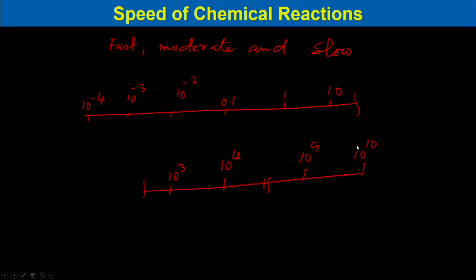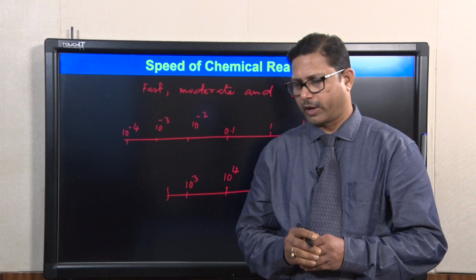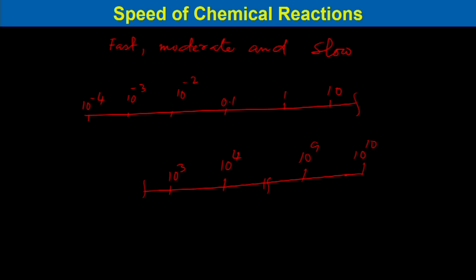So, different orders of the speed of chemical reactions are shown with respect to 10 to the power some exponents. If we look into the reaction rate in case of wastewater treatment systems and cellular reactions,